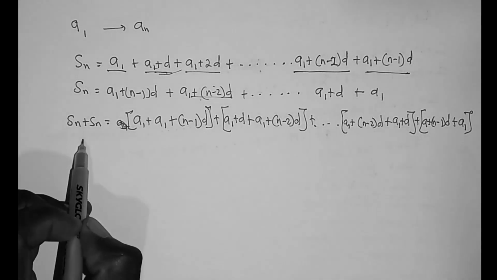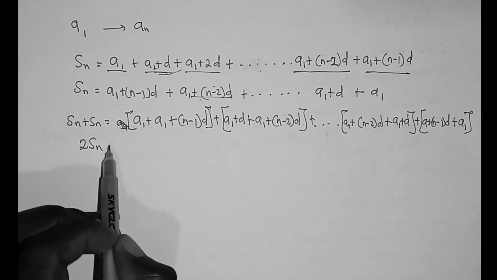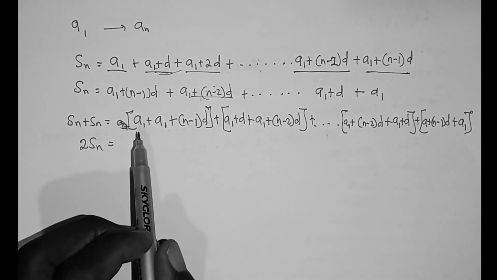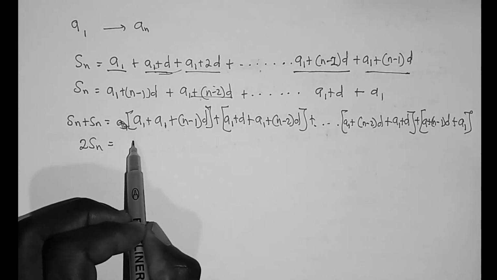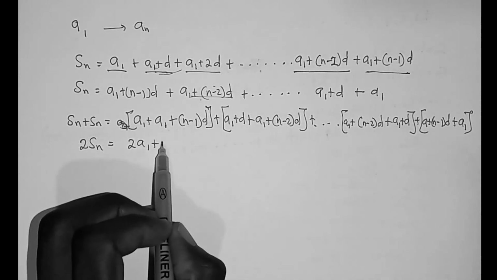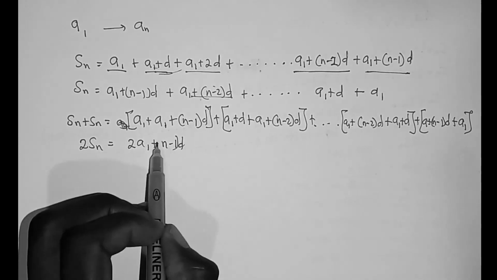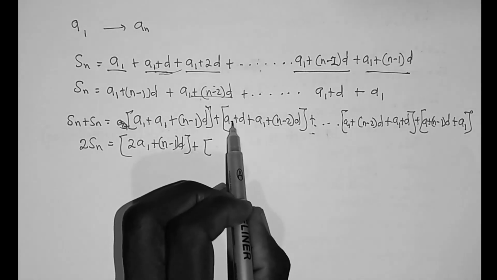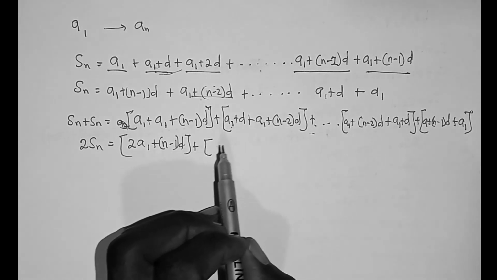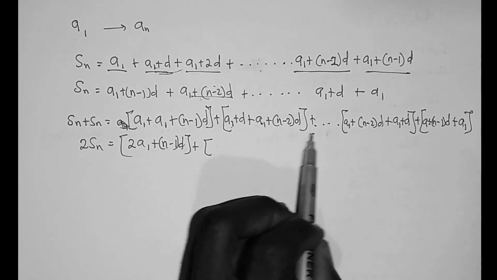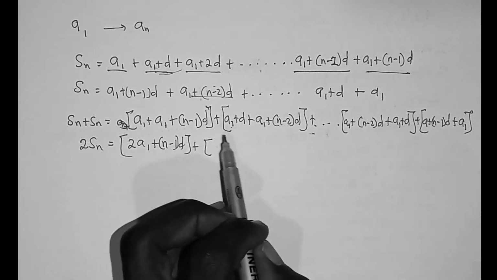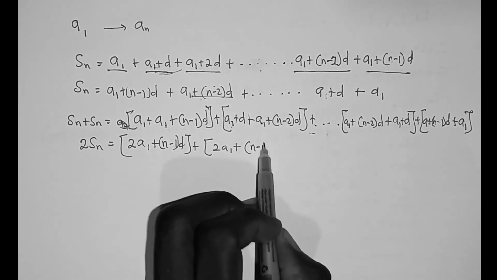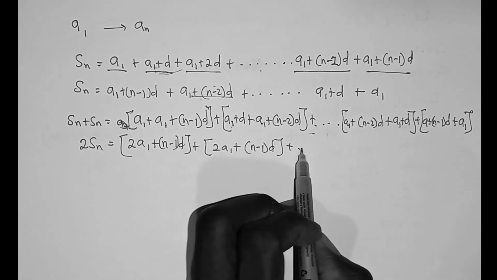So Sn plus Sn is 2Sn, which is equal to a1 plus a1, that is 2a1, plus (n minus 1)d. So this is equal to 2a1 plus (n minus 1)d in one bracket, then plus this other bracket: a1 plus a1 is 2a1, then plus (n minus 2)d will become plus d, which is (n minus 1)d. So this is 2a1 plus (n minus 1)d, then plus dash up to